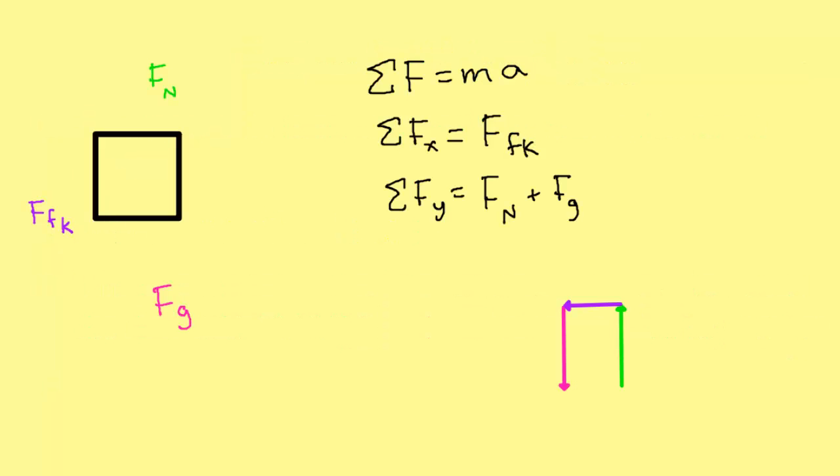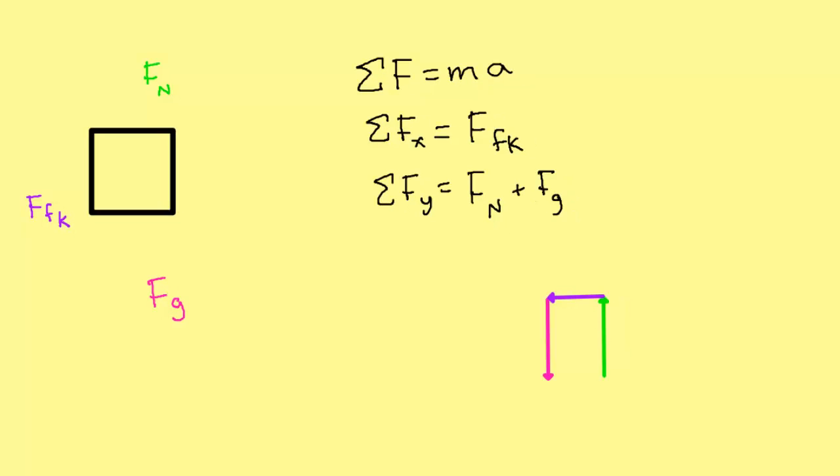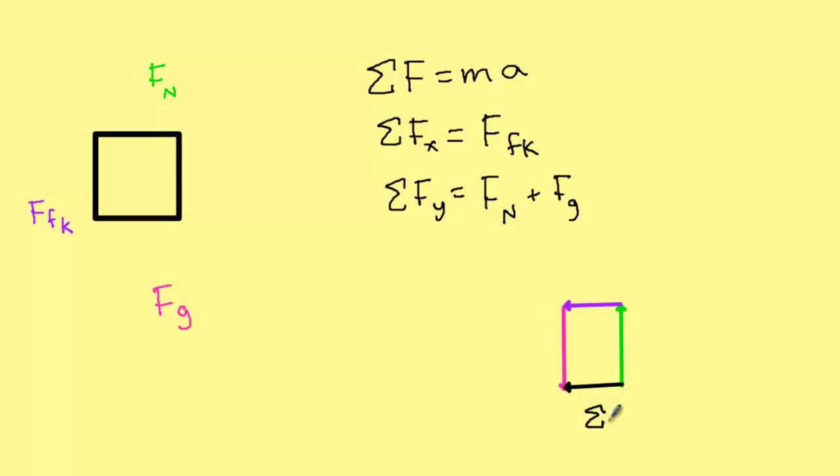So when we draw our resultant vector, or our sum vector, the sum of all the forces, we start at the tail of the first vector we added, which was this green one, and we go to the head of the pink arrow right there. And this is what we would call our resultant vector, or in this case, the sum of our forces. And so, if you notice, the sum of our forces, that arrow should be the same as this purple arrow up here. Because